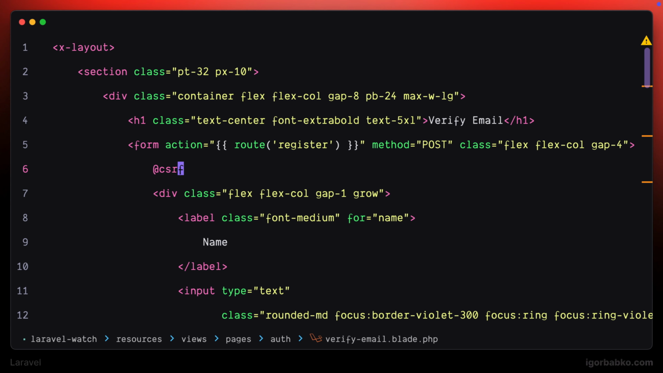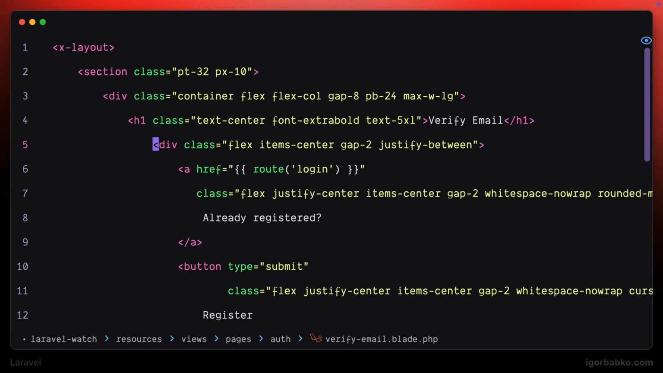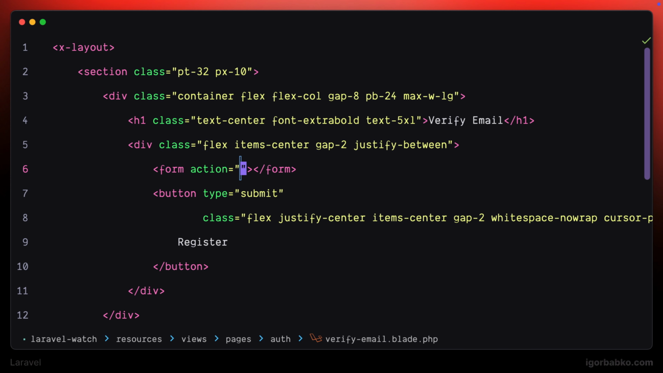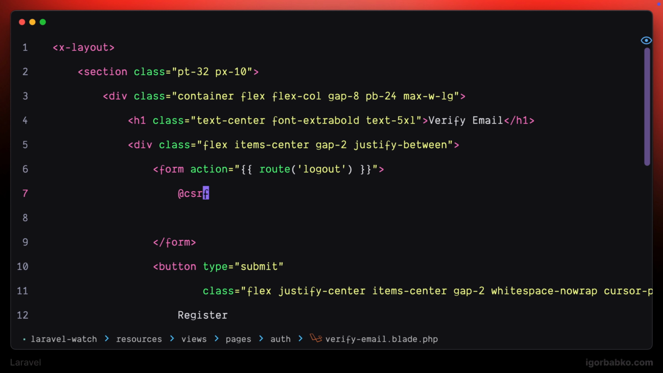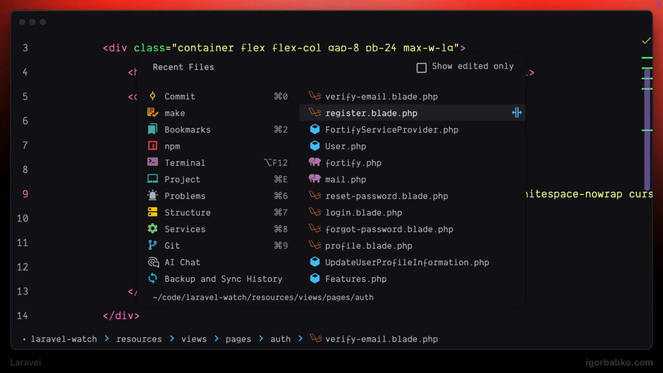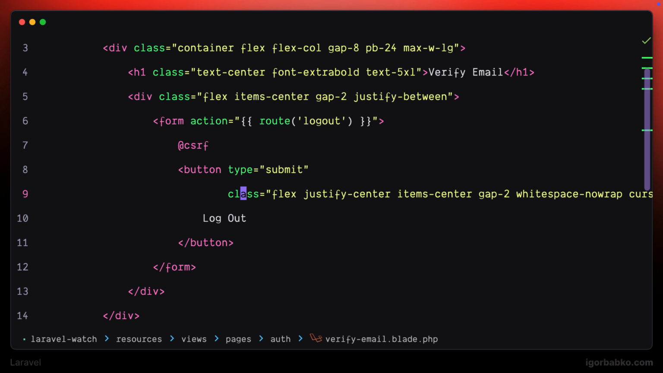In this view, we actually don't need any form inputs. All we have to do is just put a couple of buttons. I'm going to add a button to logout into this form. Let's not forget to also include the CSRF token in here. Change the button label to Logout. I'm also going to apply proper CSS classes to this button, taking them from another view and pasting them onto this button. And now we're going to create another button in here that will be responsible for sending another verification email